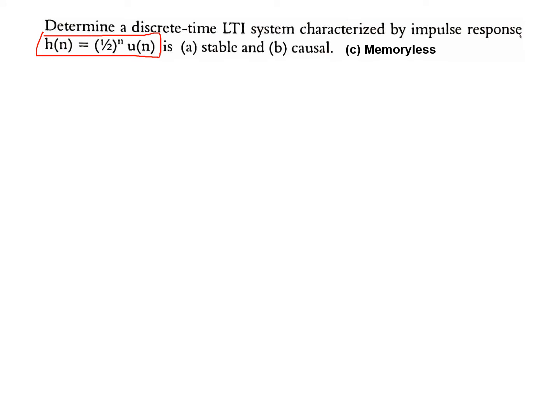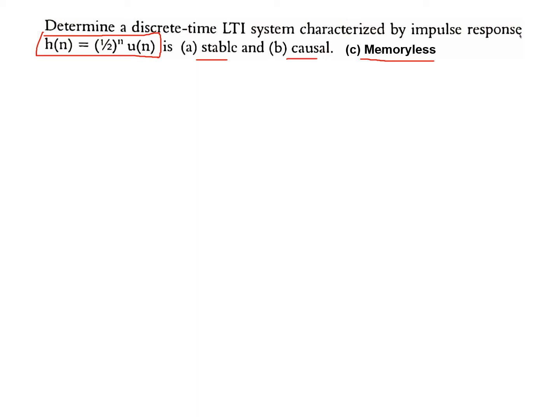The impulse response of a particular system has been given here. Some system whose output will look like this when you give an impulse. We don't know what system it is, but it was a discrete time LTI system. When I give the impulse, the output behaved like this, the impulse response. For this system, you have to find whether the system is stable, causal, or memoryless. How do we apply the concepts we studied in the previous video to find these three properties for the system whose impulse response is given in this equation?